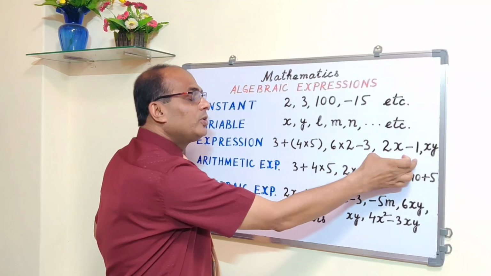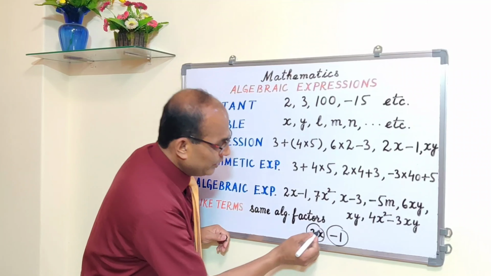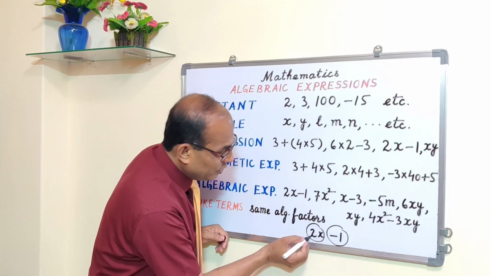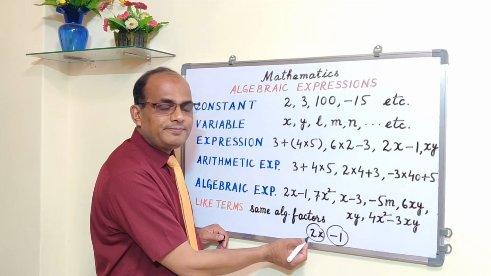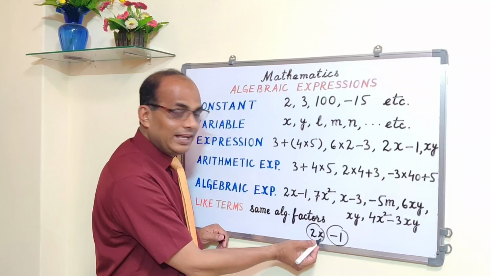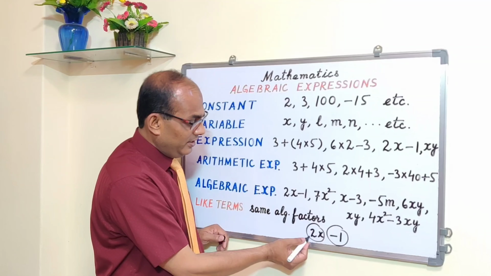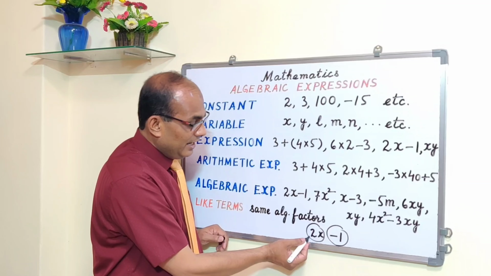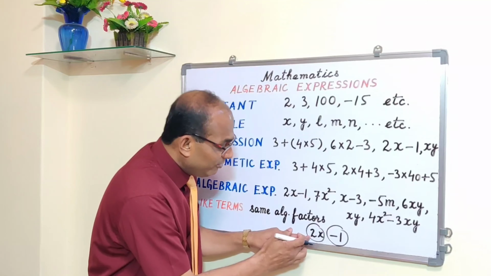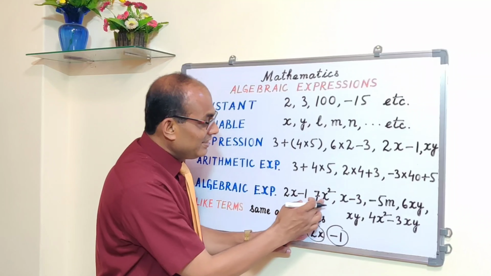What is the numerical factor of this term? 2x. 2 is the numerical factor, not algebraic. This is called algebraic. This is called number, no? So numerical factor. Alright. So the numerical factor, in this case it is 2, in this case it is 7,